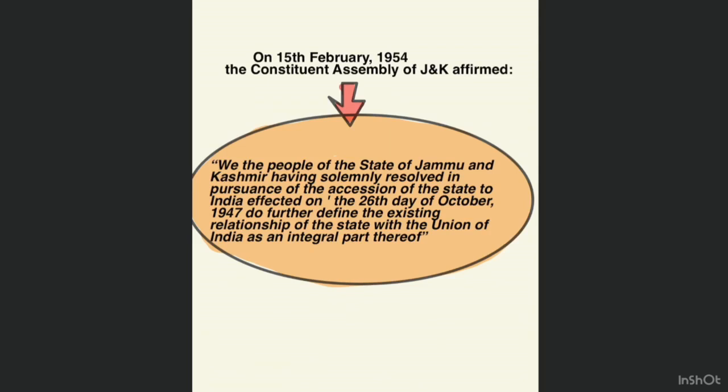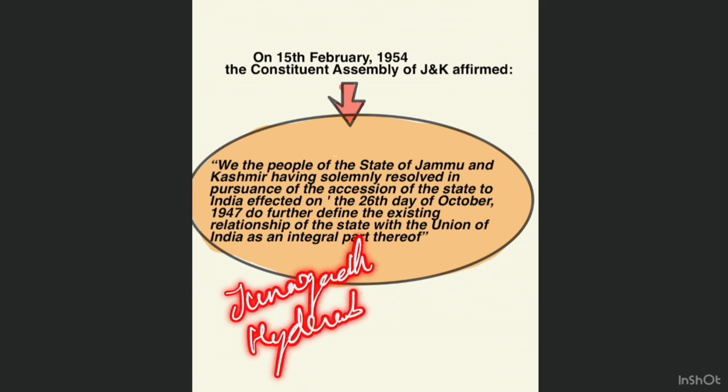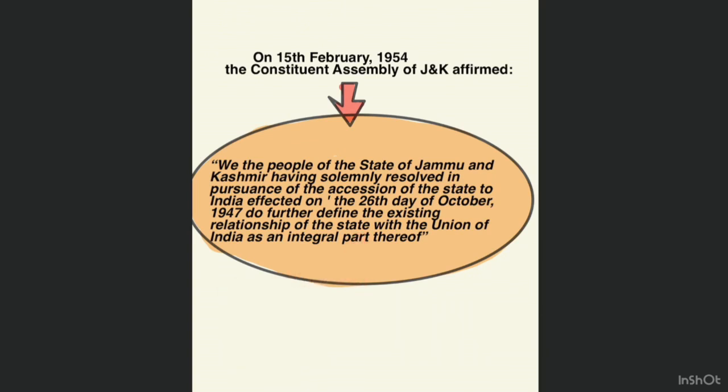So friends, this was the story of the accession of one of the largest princely states, Jammu and Kashmir. In this 3 lecture series, in the first part, we studied briefly how the process of accession happened, who were the key actors in the entire scheme of things, how Junagadh was acceded, how Hyderabad was acceded. This we saw in the second video, and in the current video we have understood the complicated situation in